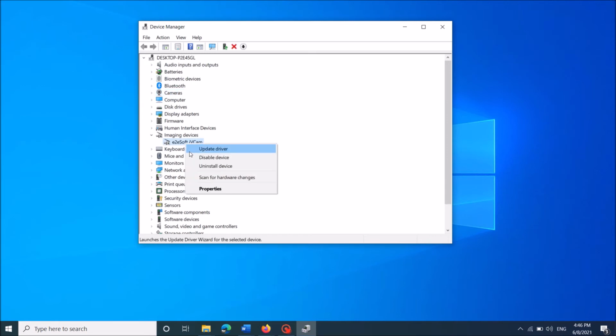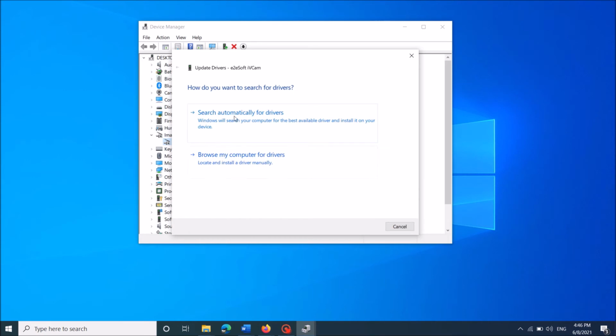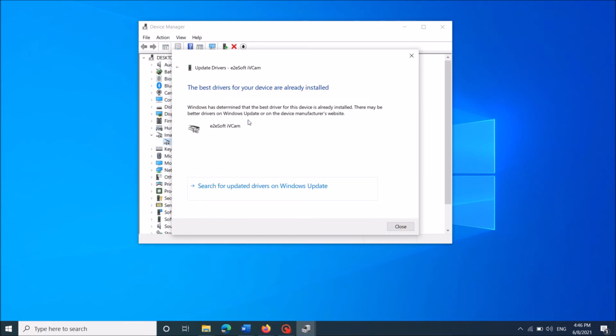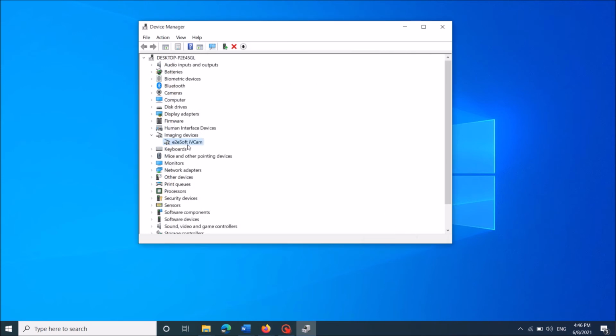Now right click on the driver software, and from these options click on update driver. Then in the next window click here, search automatically for updates. Now if the driver software is outdated, Windows will find and install an updated driver on your computer automatically if you are connected to the internet. If Windows shows that the best drivers are already installed, then close this window, and now this time once